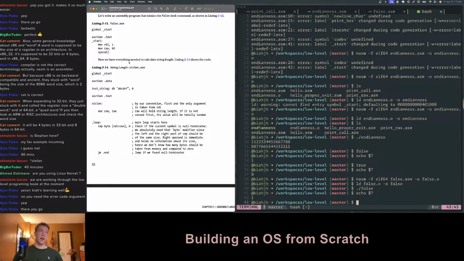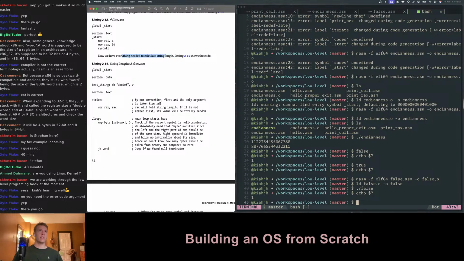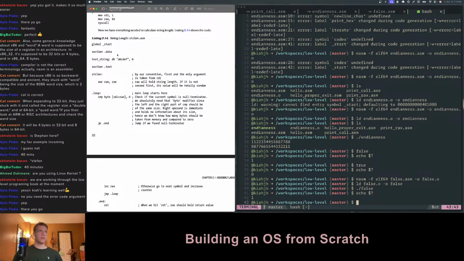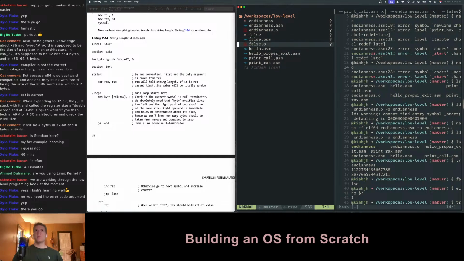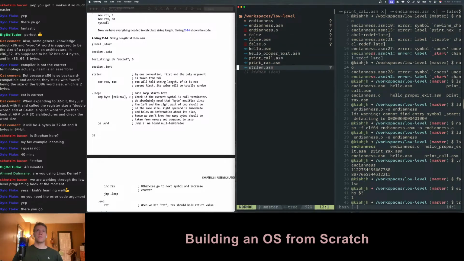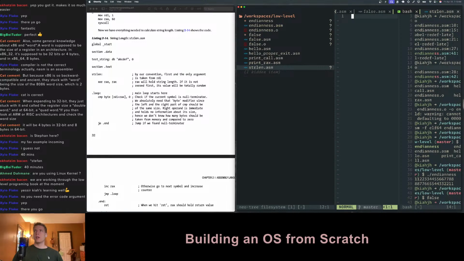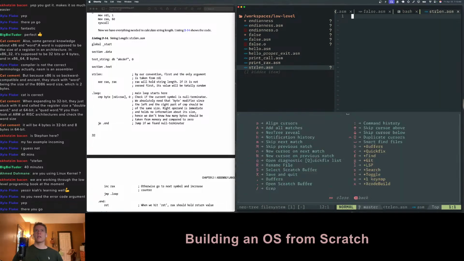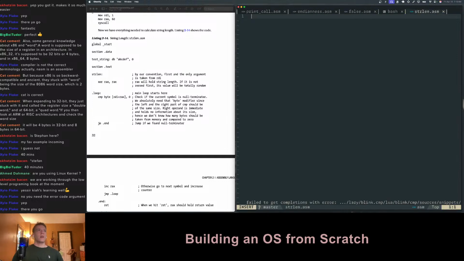Okay, now we have everything needed to calculate string length. Cool. We're gonna make our own new file here called strlen.asm for finding the length of a string. How handy. Can I get rid of this window here? It's kind of cluttering. Okay. Here we go. Global _start. All right, section .data. Not this section data. Okay, and then we have a test string,